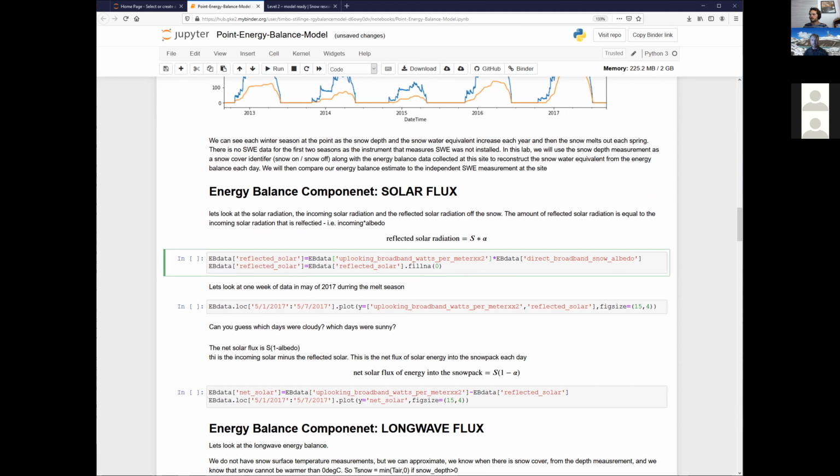So what we can do is calculate reflected solar. And that is going to be based on how much we measured coming in, how much shortwave radiation was coming into the snowpack, which is this variable here. And we can multiply that by the snow albedo that we have at the site. And that will give us the total amount of reflected solar radiation. And when we look at that,